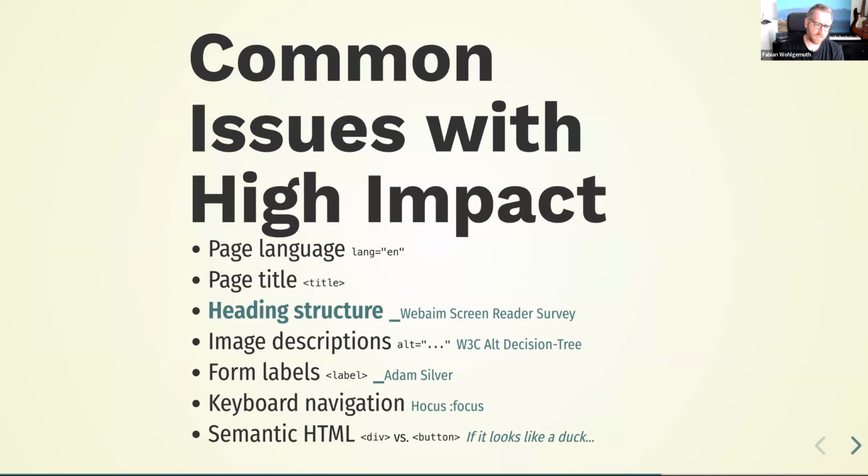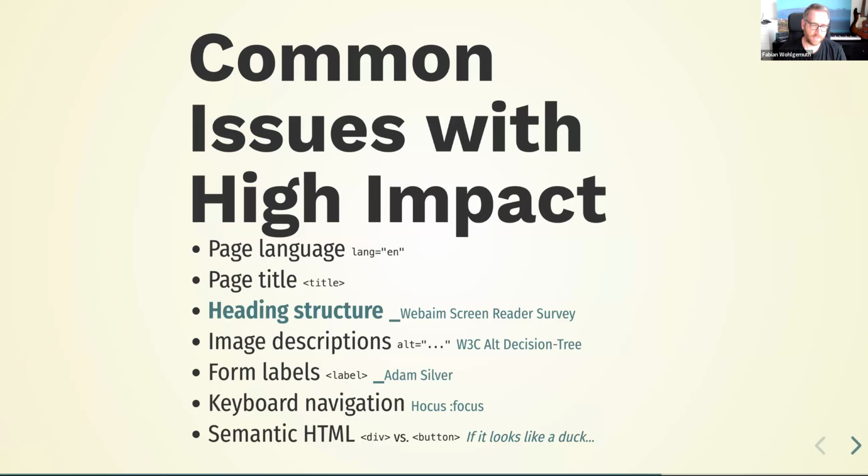Same goes for keyboard navigation. If I am not using a mouse to navigate a website, and I'm relying on keyboard navigation, it is crucial that certain aspects of the keyboard navigation are met.